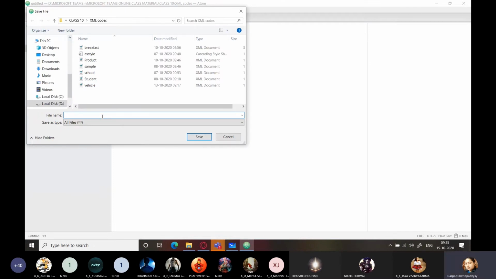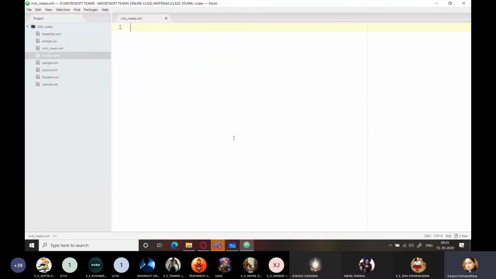And let me save it with, suggest a name for this XML file. What name do you like to give? IRCTC meals. Very good. IRCTC meals. So I'm taking IRCTC meals dot XML. Dot XML is compulsory. If you don't write dot XML, you will not get its output on the browser.